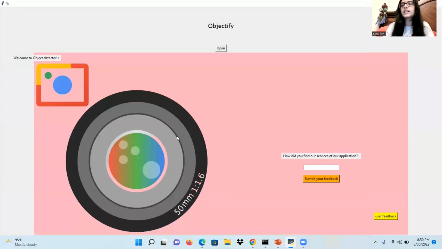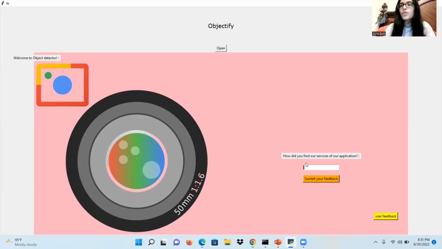So it first detected that it's an Apple iPhone, what model it is, and what category it falls into as a model. It's Model 5, so it's iPhone Model 5. Then for the apple, it detected that it's a fruit and it's red in color. It detected that the bottle seems to be made of plastic material and it stores water. So it gives back to the user, making it easier to find out what objects are around them with the help of this application. Now, the next two functions, the last two, are submit your feedback and